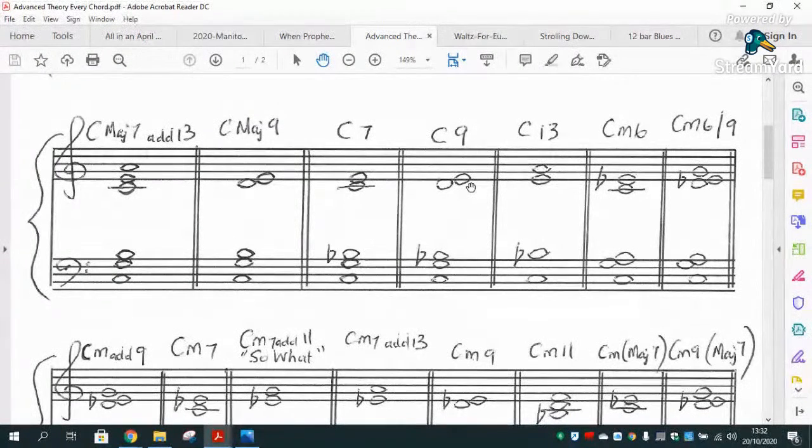One of our all-time favorites, C 13th: C, B flat, E, and A. Next, we're back to some 6th chords, C minor 6th: C, G, A, C, E flat,